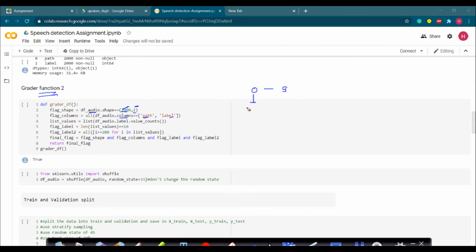And for every digit, we have 200 audios by different speakers in different formats. So for all these 10 digits, we have 200 audios for every digit, so in total, we have 2000 audio files. So here it's going to check the value count for the label, and it should be 10. And also it will see that we have 200 audio files for a particular digit here. And when all the things are correct, then this function will return true.